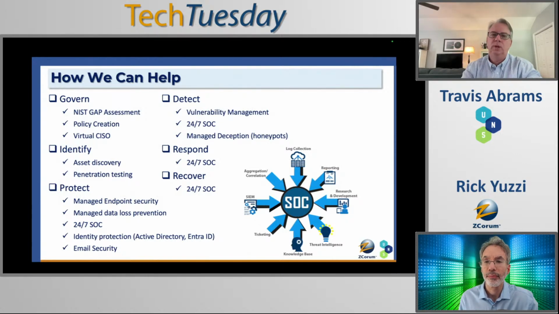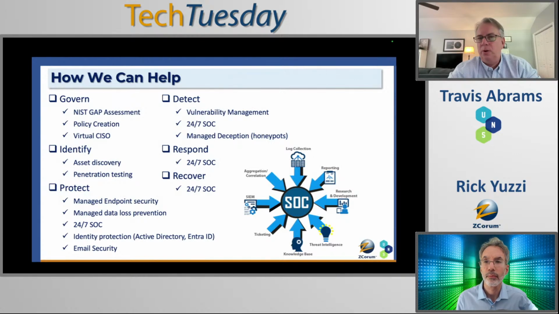Great. Yeah. With detection, again, this is vulnerability management. It's our 24/7 SOC. We offer managed deception. These are honeypots that can be placed throughout the network and are very good at detecting if an attacker has gained access. This can be really good on a subscriber network where maybe you're nervous about doing scanning or worried about potentially impacting the network. These are passive, so they're just going to be sitting there and can easily detect the threat inside that network.